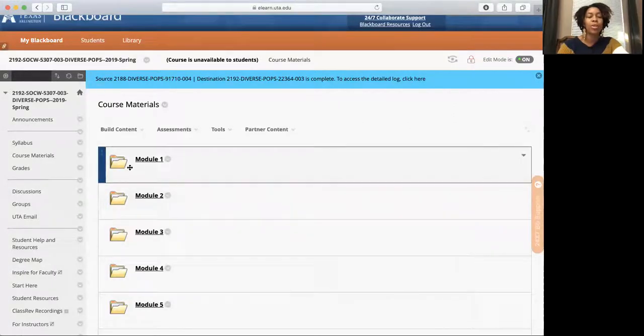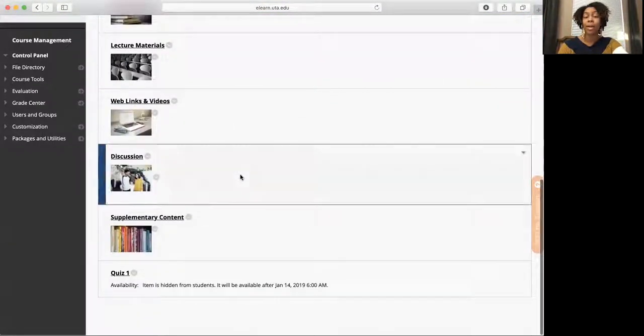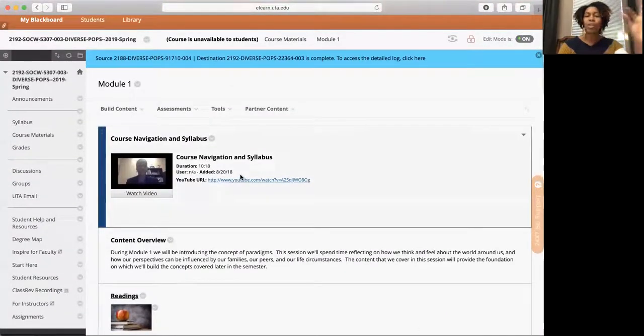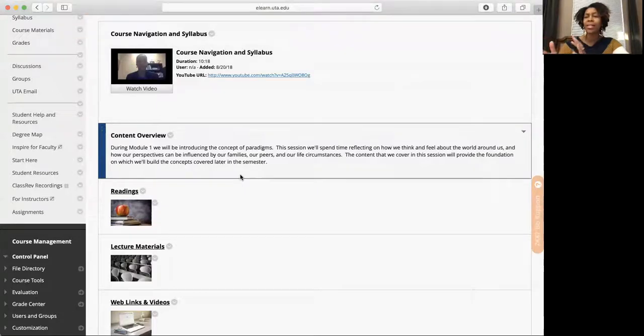And so what you'll do is each week you'll have a module. You click on the module, and it's already preloaded with information. Typically I have a short introductory video that just tells you what the content is going to be, and the readings, what you're required to read in the book for the chapter.